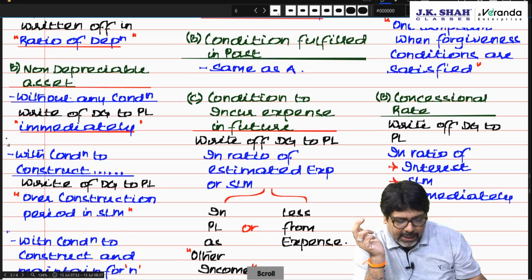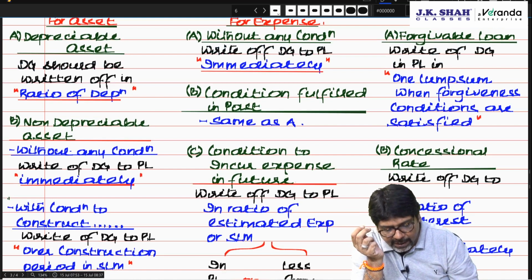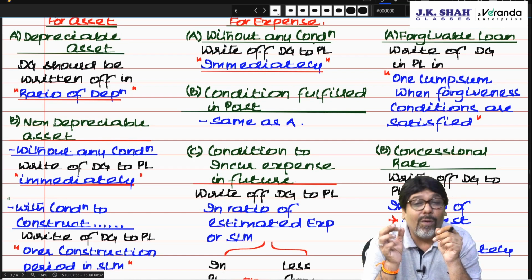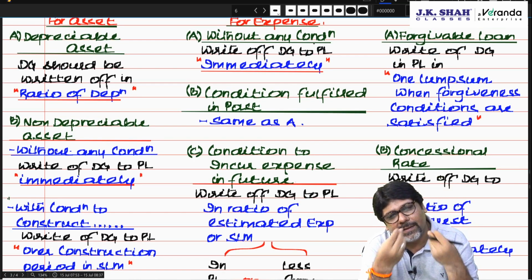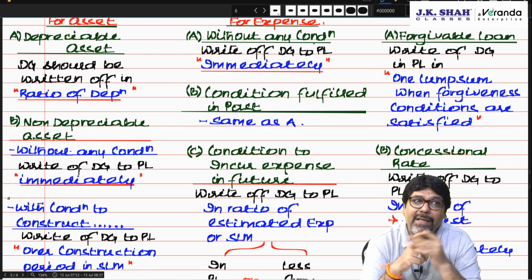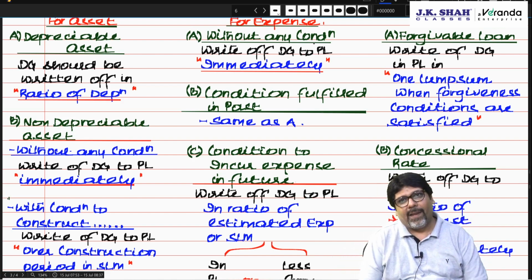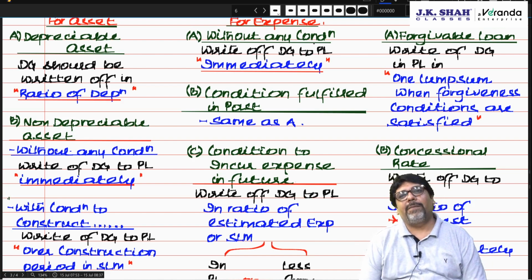Okay. Now, chartered, forgivable loan. Write off to P&L in one lump sum when the forgiveness conditions are fulfilled. The loan will be forgiven only if you have fulfilled the conditions. You have fulfilled the condition, so transfer. The government does not ask for a refund. The government says, I will give you a loan. The loan interest will be 12%. Okay. But this money you should use in